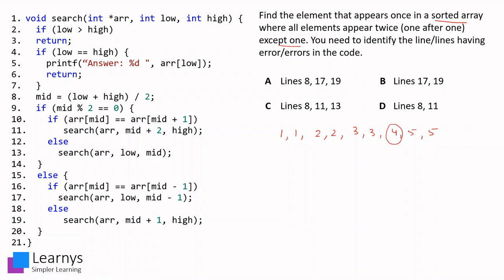Let us move to the code. First, we'll go for finding the syntax errors. On careful examination of the entire code and searching for syntax errors in every line, you will find that in line number 8, where we are writing mid is equal to low plus high divided by 2, low and high have been received as input parameters to the function. But mid is being used inside the function, its data type is not defined. So here there is a syntax error where int mid should have been written.